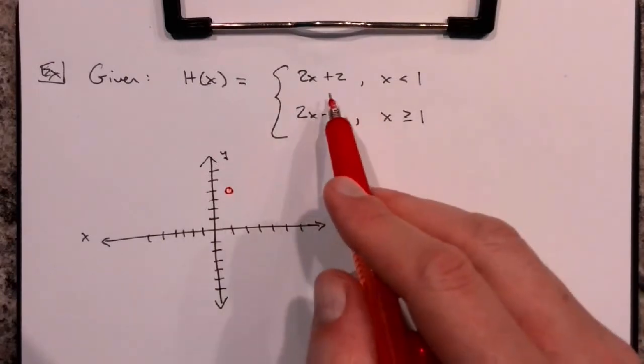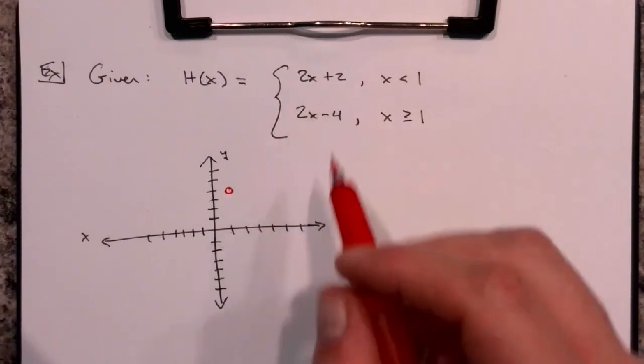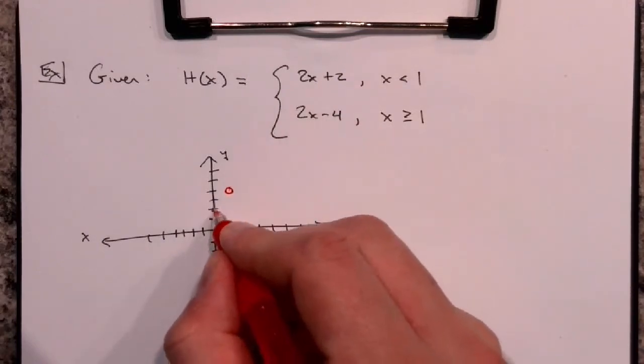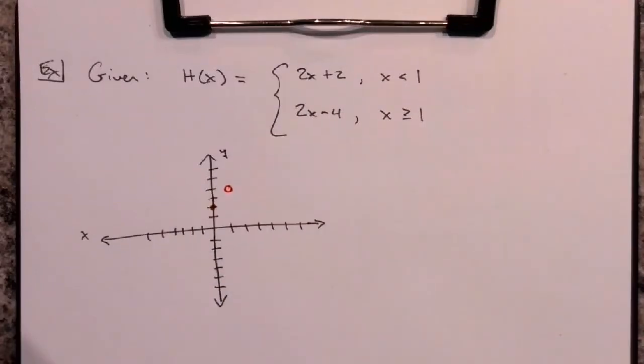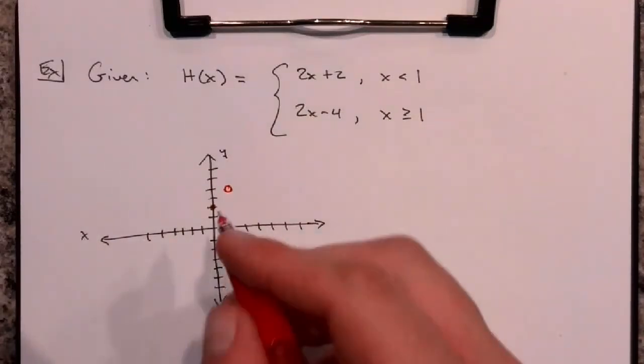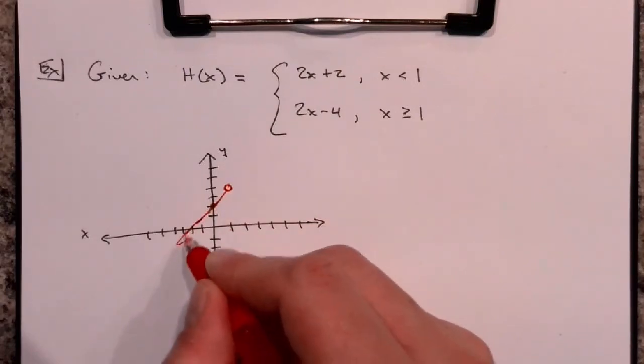You can use this equation, which would be a line, for the 2x plus 2. The y-intercept would be 2. The slope would be 2. So like this, x is less than 1, we're looking at the left. I'm not going to review how to graph piecewise functions in this part. I just want you to have an understanding of what it would look like. So to the left of 1,